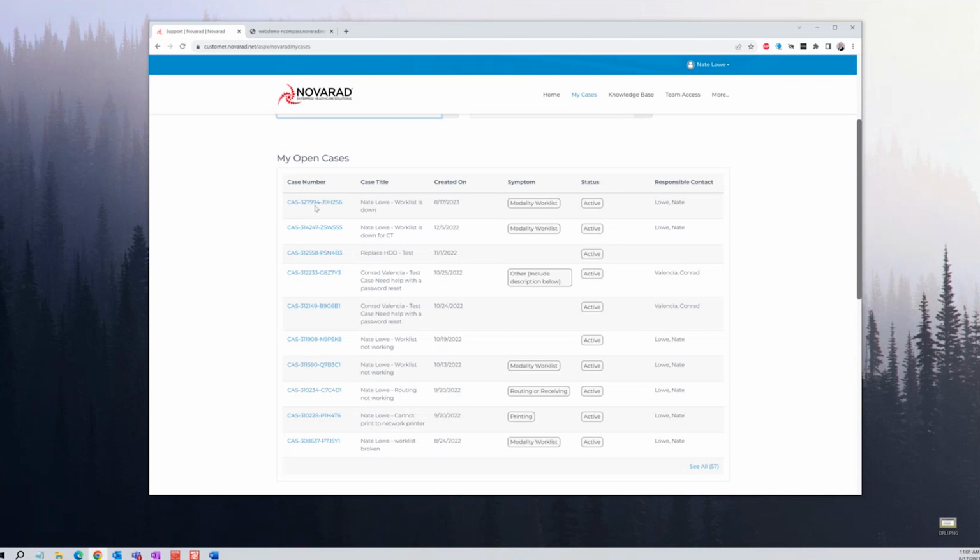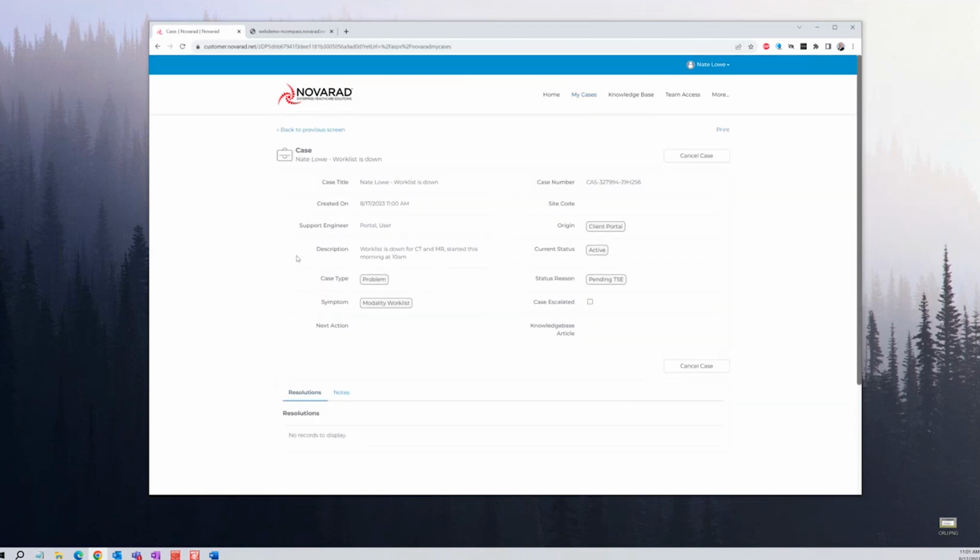If I want to get a little more information, I can click on this blue link, the case number. I can come in here, I can see who is working on it. It will actually have a real person's name there, I promise. There's your case title, there's when the case was created, there's your description, next action, so you know what support has planned.